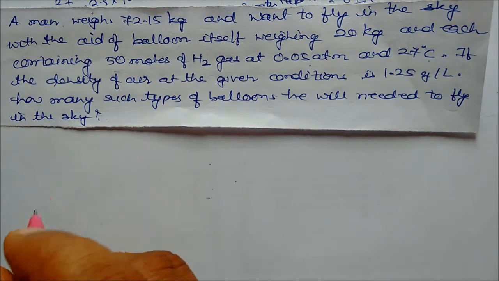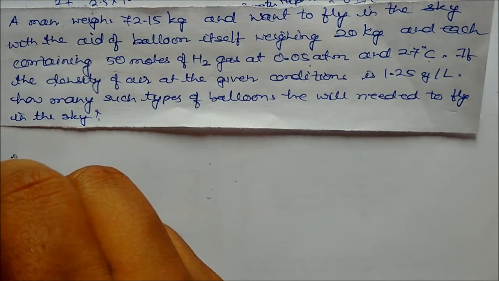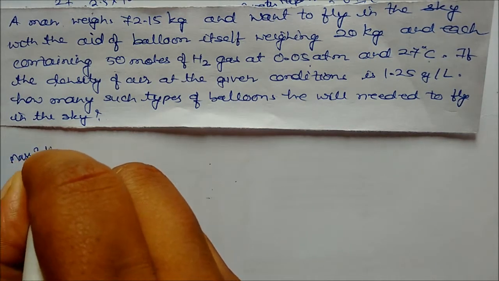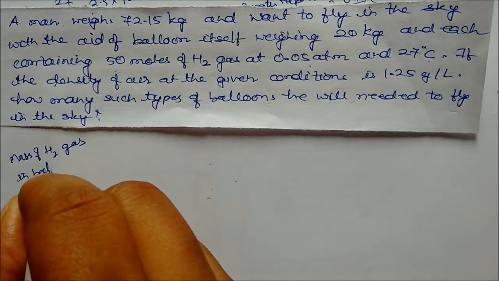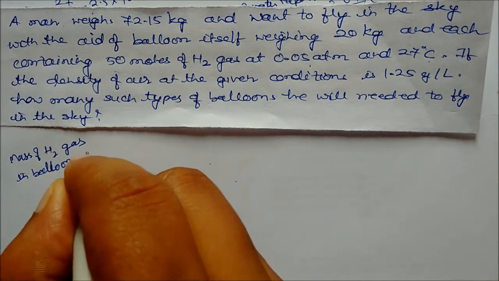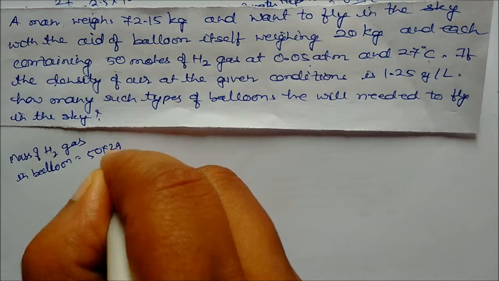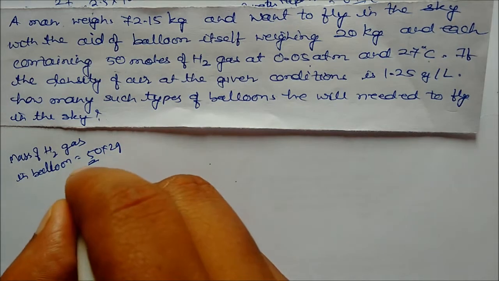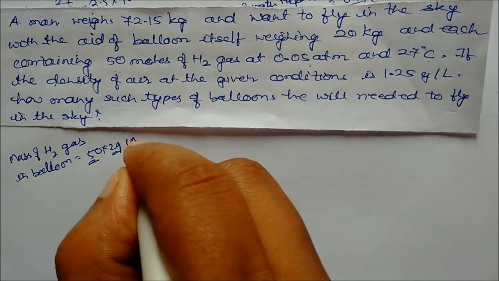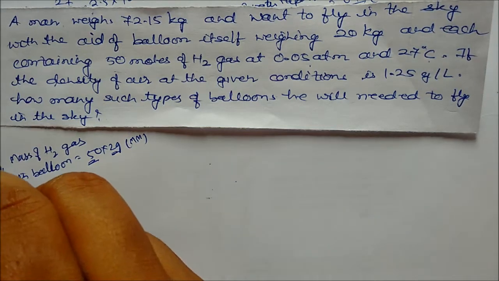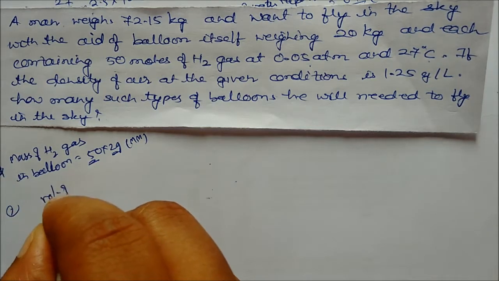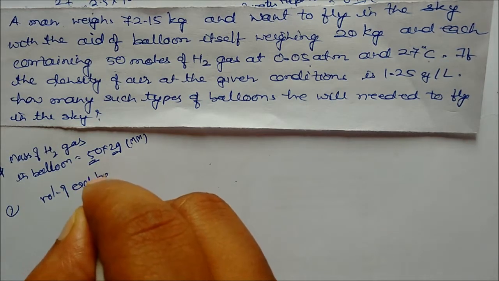So mass of the hydrogen gas in the balloon. See here, the mass of hydrogen gas in the balloon will be how much? This will be 50 into 2 grams. So 50 is the moles, and 2 is the molar mass. So we will get the total for the balloon. Now this is the first point. Second point, the volume of each balloon